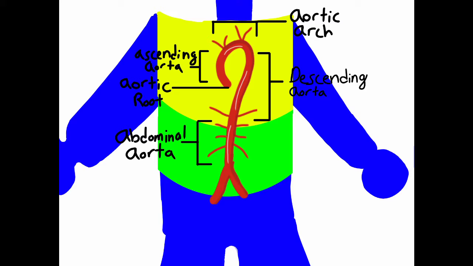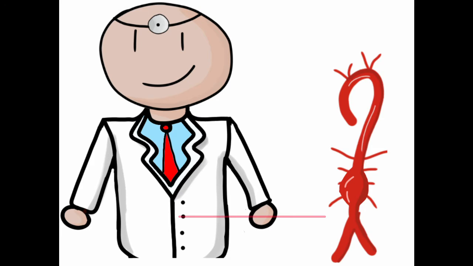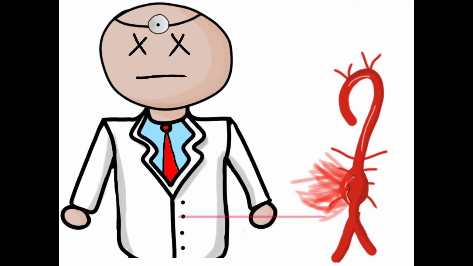Now that we got the anatomy out of the way, let's move on to our topic. If you have an aortic aneurysm, it is possible that you won't even know it's there. Many people die because their aorta will rupture and they didn't even have a clue that something was wrong with them. However, if you aren't asymptomatic, you'll likely feel pain around the affected area, and if it's big enough in